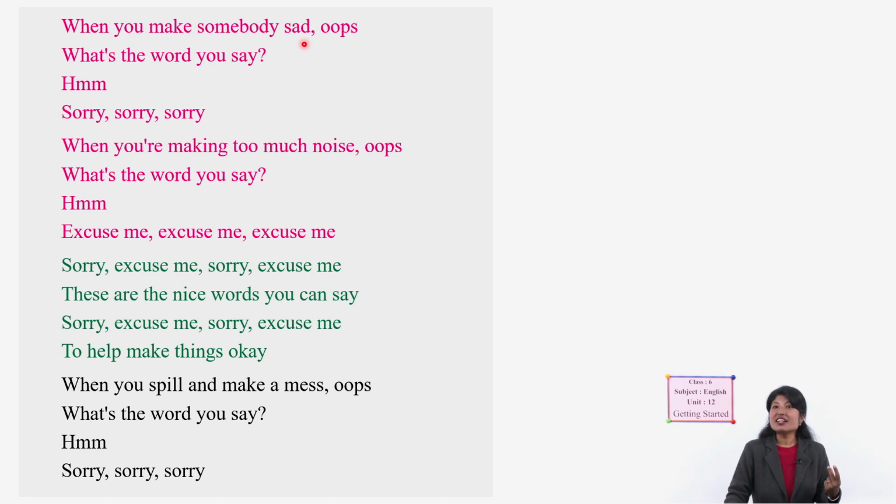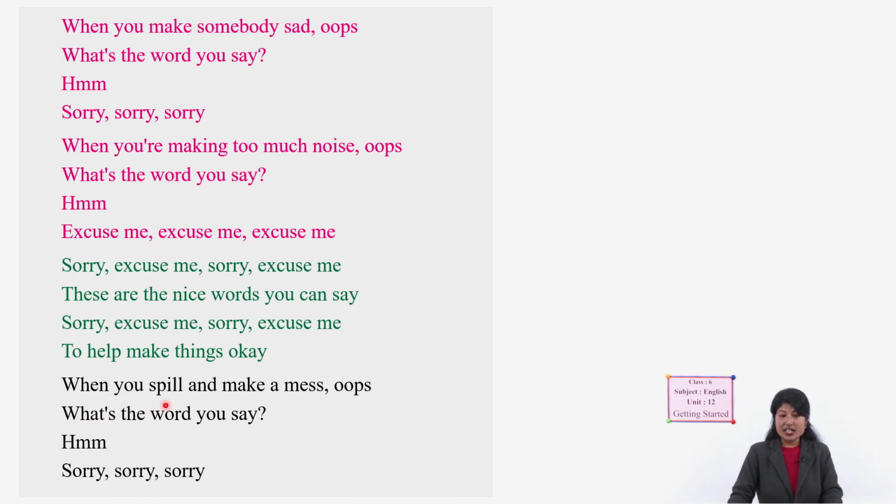When you make somebody sad, oops, what's the word you say? Sorry, sorry, sorry. When you are making too much noise, oops, what's the word you say? Excuse me, excuse me, excuse me. Sorry, excuse me, sorry, excuse me. These are the nice words you can say. Sorry, excuse me, to help make things